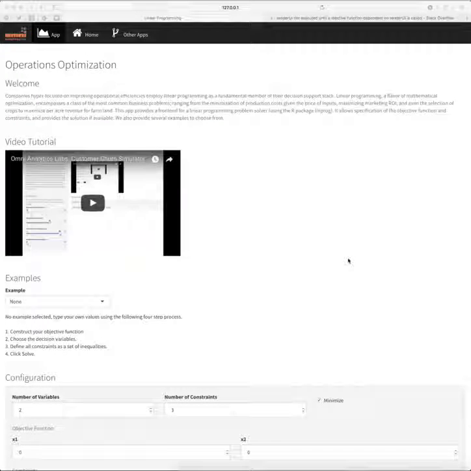This is the Omni Analytics Group Operations Optimization application. What this is, is a front end to a linear programming solver. And for those of you who aren't as familiar with linear programming, it's essentially this class of mathematical optimization problems